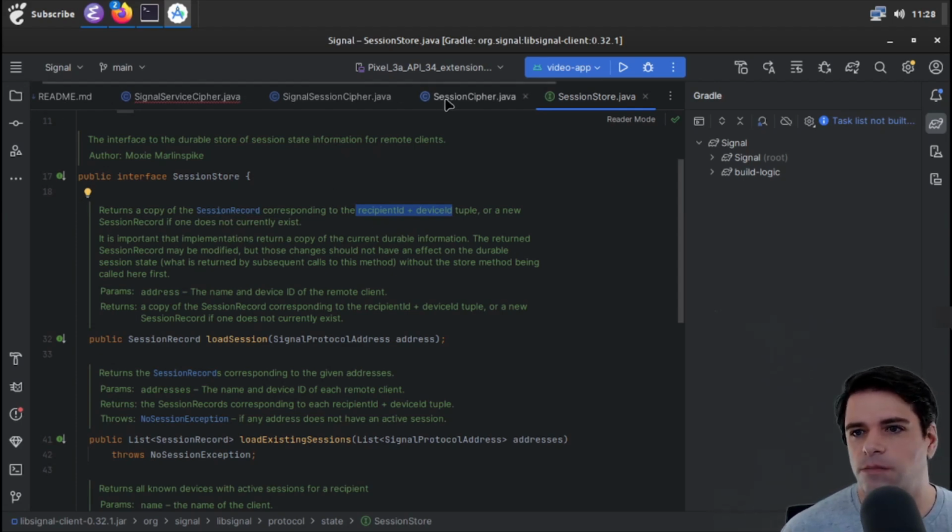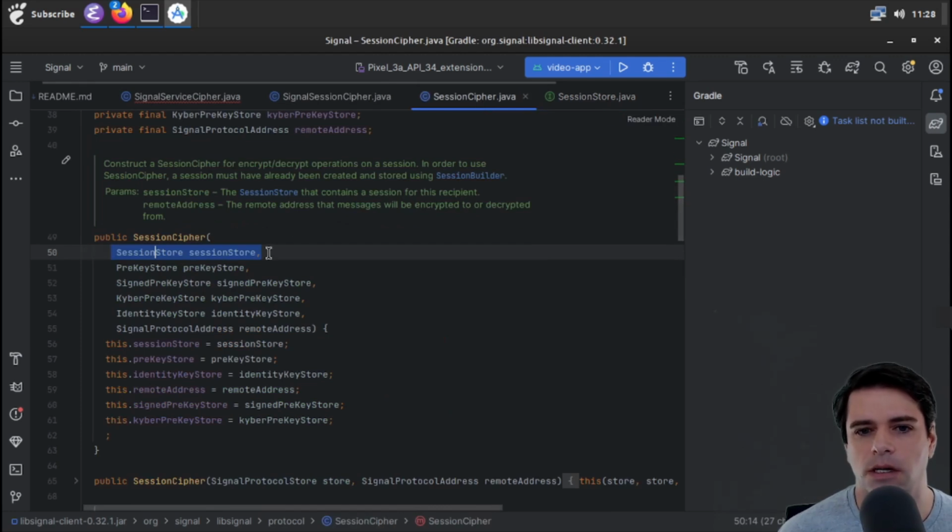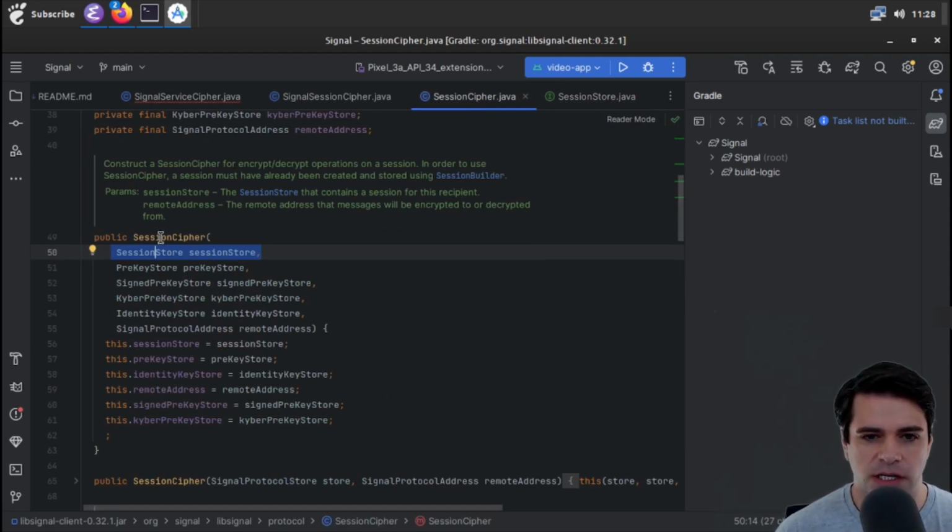Okay, that's fine for now. How do I go back? Yeah, here. Okay, so there's some session store that's stored in the session cipher, and we have the pre-key store,